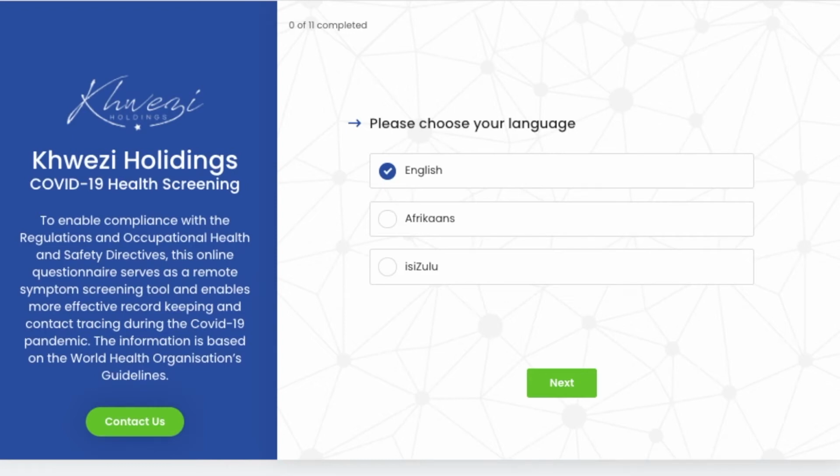Khwezi Holdings and its business partners have introduced a digital record-keeping tool that enables companies to keep records of its screening activities for access control and contract tracing purposes. The idea is to reduce the need of paper-based processes, and it also is used to address the mandatory guidelines